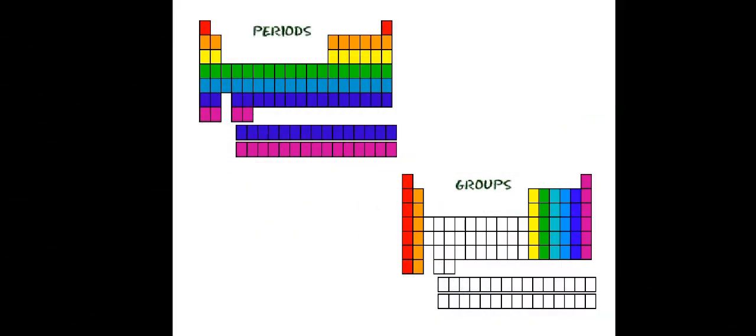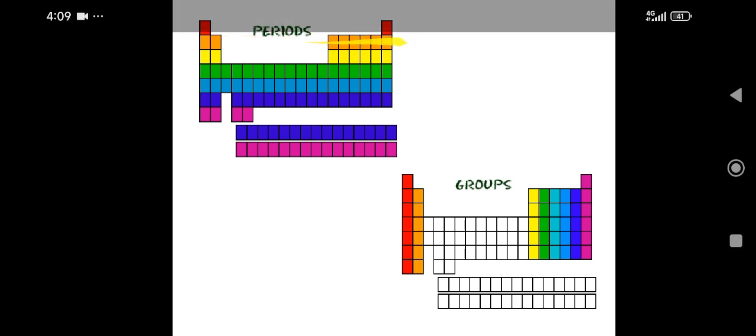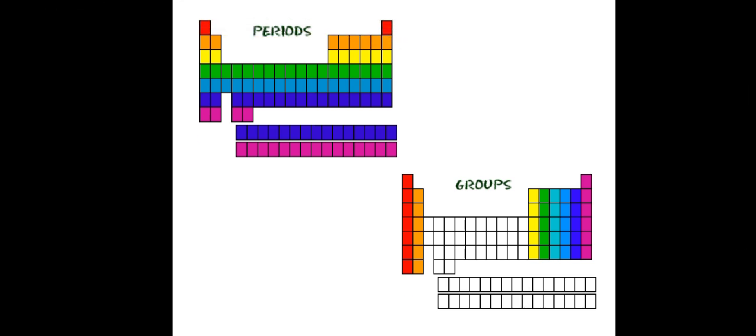So this is another representation of periods and groups to enhance and reinforce your concept. In the first diagram, you can see that in the first period, two red colored elements are present. In the second period, orange, and the third is represented by yellow color, and the fourth one is represented by green and blue, and so on. Similarly, in the second diagram, you can see that the first group is represented by the red color and the orange color, and then yellow.